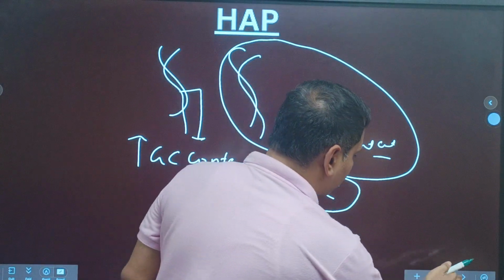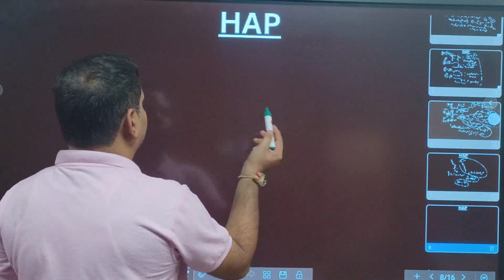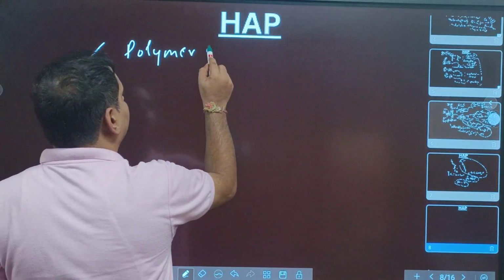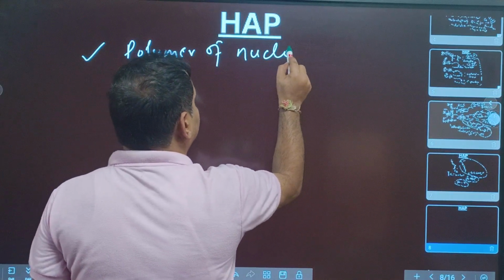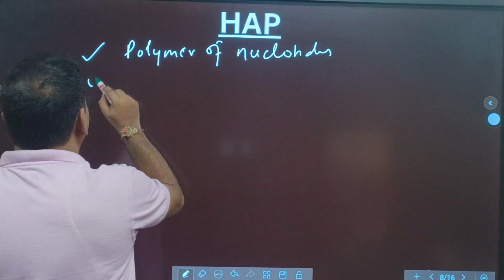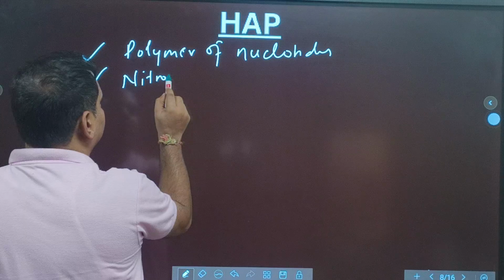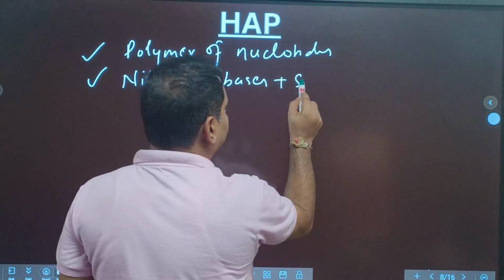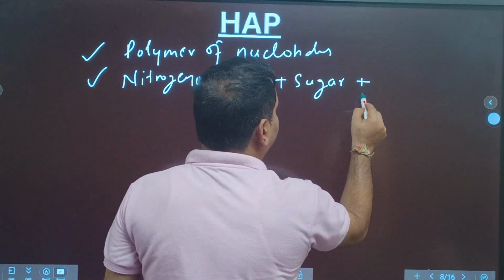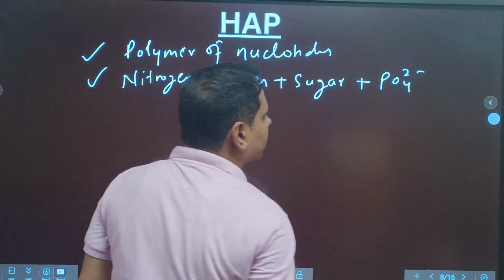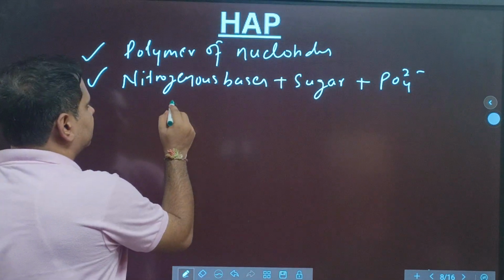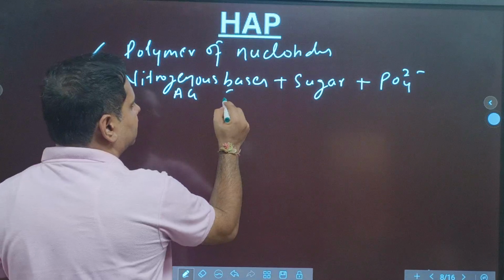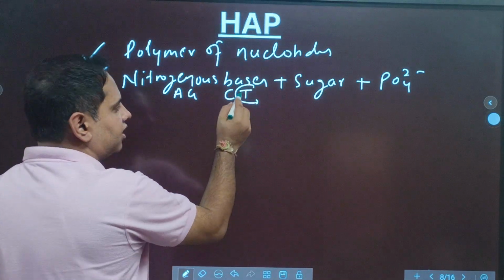But again for the DNA, quickly if I tell, it's a polymer of nucleotides. So now the question is, what is a nucleotide? Nucleotide is nitrogenous base plus sugar, and the sugar will be pentose, plus phosphate, that is your nucleotide, right. So nitrogenous bases are purines and pyrimidines. In purines there are adenine, guanine, and in pyrimidines cytosine, thymine, and instead of thymine if uracil is there,